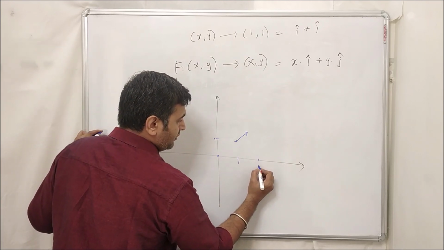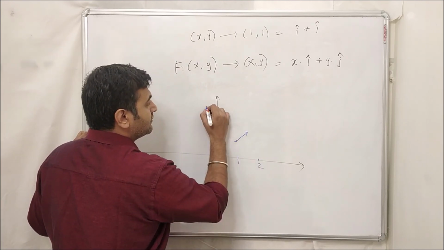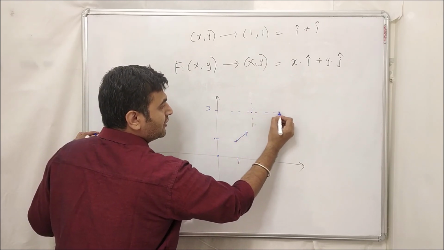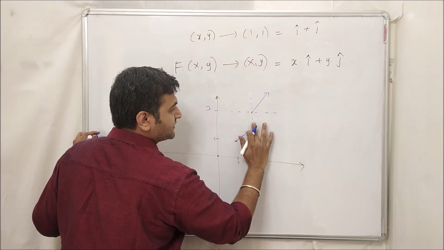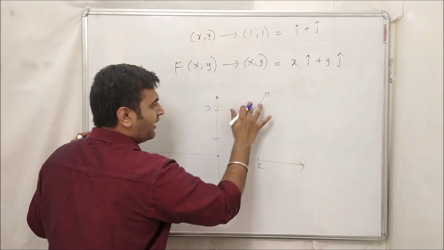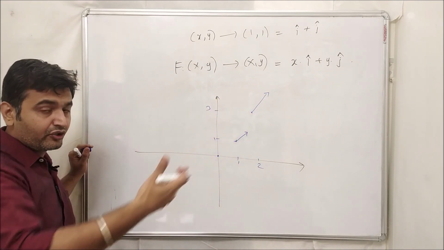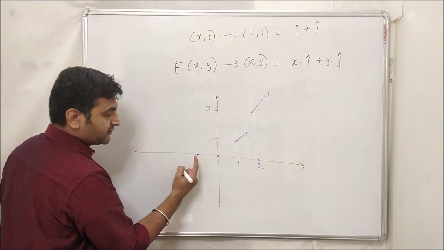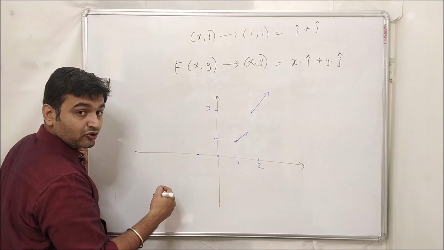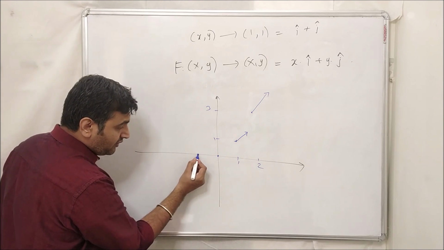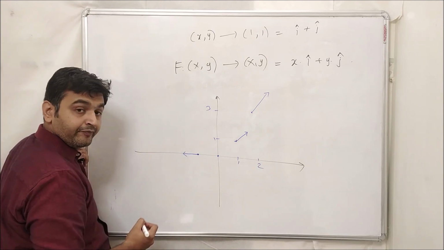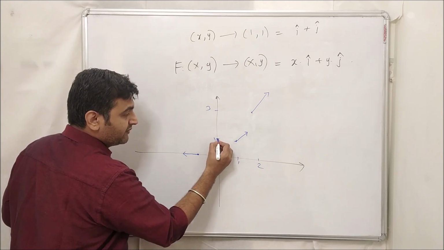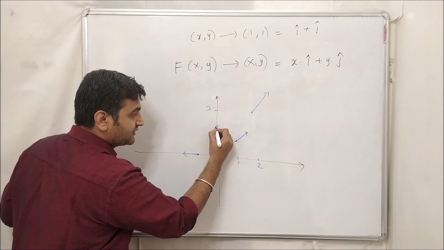Say you take 2 comma 3. Where does 2 comma 3 go? It's again an identity function. So 2 comma 3 goes like this. After this you can erase this. I am just drawing this as a frame for your reference. Where does this point go? -1 comma 0 goes to -1 comma 0. So if you treat this as origin, -1 comma 0 is here, right? Similarly, if you take 0 comma 1, 0 comma 1 means the y-axis. So it is like this.